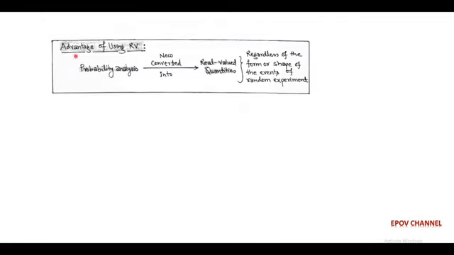Now the question arises, what is the advantage of using a random variable? Since in any random experiment the outcomes or events are not defined precisely in mathematical form, the probability analysis requires a conversion into real-valued quantities called random variables, which can be analyzed mathematically. These random variables in the form of real-valued quantities are not dependent on the form or shape of any kind of events in any random experiment. So this makes a random variable suitable for any analysis process in a communication system.